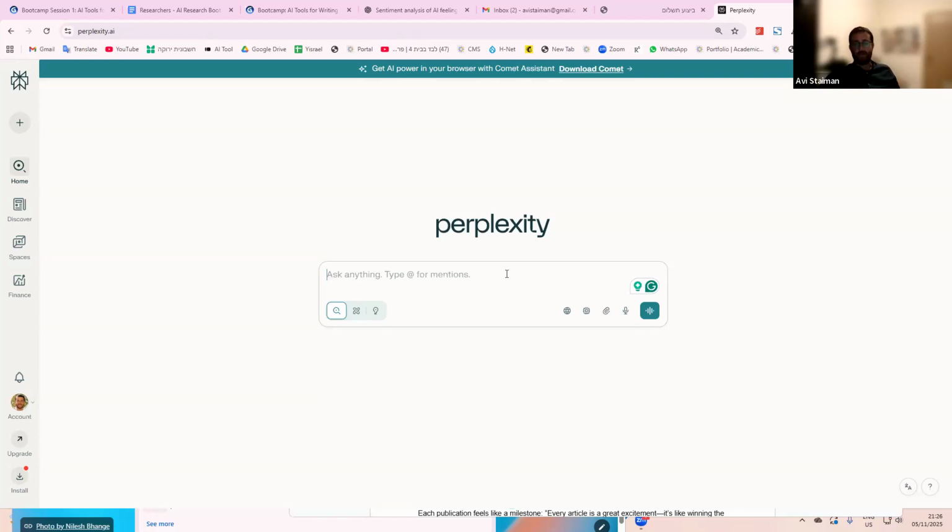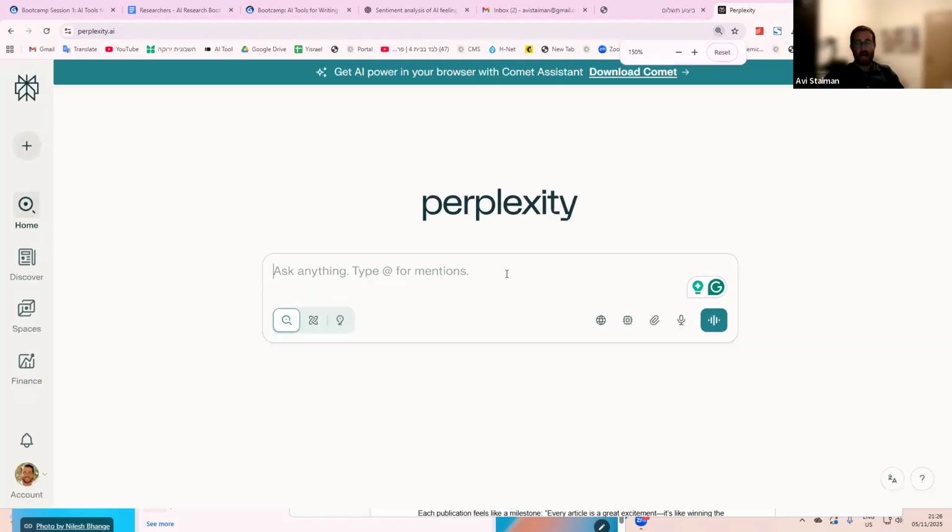The next generation of search is via AI tools. And by the way, how do I know this? Because even Google has adopted some of these techniques in their own search: asking specific questions and getting specific answers to those questions from the relevant content sources. So essentially, the way I see it, you will need to go to individual websites less and less. You will be able to rely on some of these AI tools, which will be able to retrieve the relevant information more and more. Okay, so hopefully it's clear now why that's so powerful. I want to show you an academic example of how we might use this for our academic research.